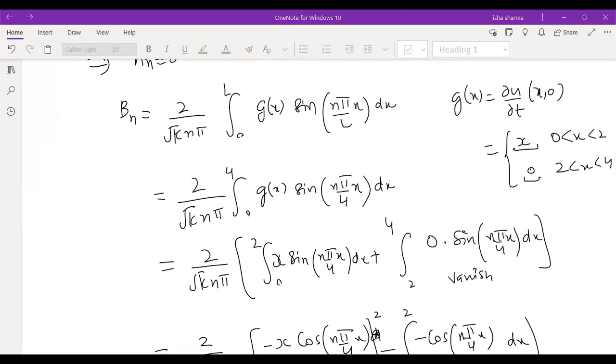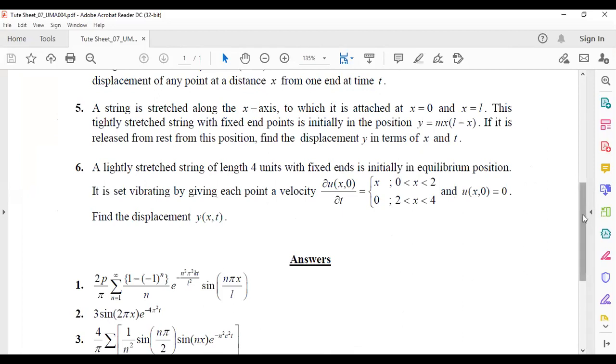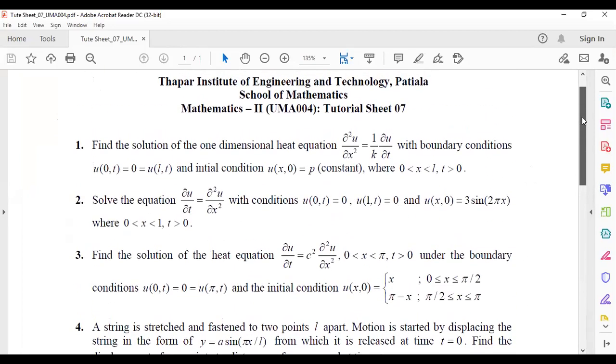What I'm going to do is, I just hope everybody can see the tutorial sheet number 7, because this chapter is finished. So what we can do is I can give you 2-3 minutes to recollect your doubts in case you have any from this chapter, and then we will be starting with the next chapter. So this is the tute sheet. You can have a look at the questions and ask me if you don't understand anything in any of the questions.